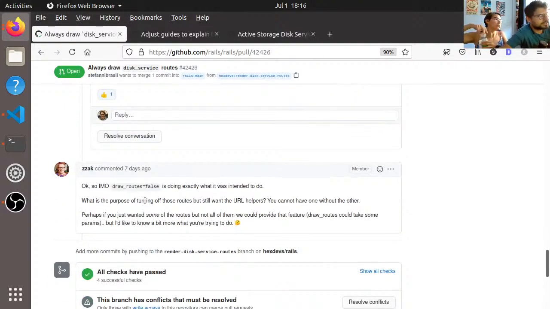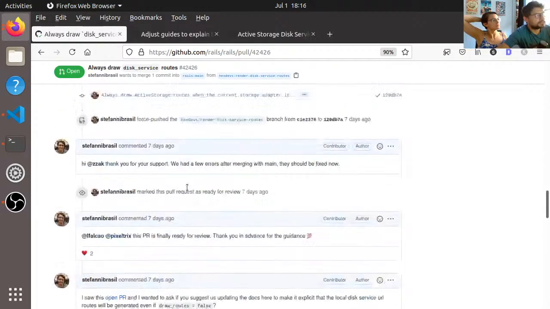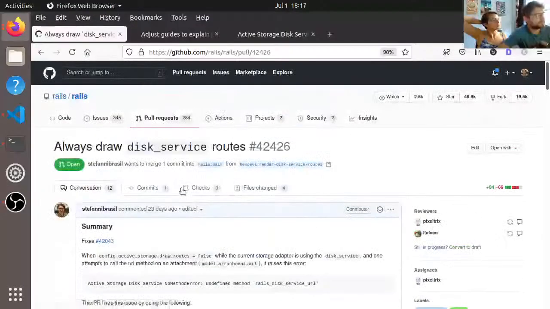Because if I know draw routes is not a boolean, it's a block? Symbol. Okay, no, it's a symbol. If draw routes gives me a symbol instead of a boolean, I can just check, and then on the routes file, where is the routes file? So here,